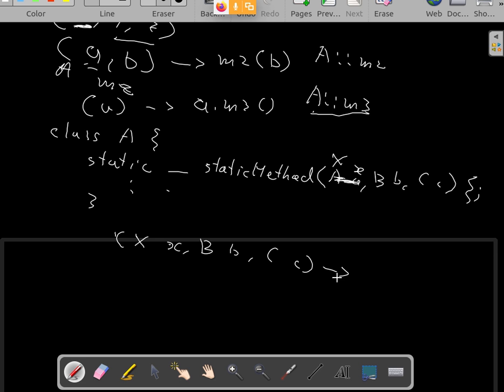What is being done in the lambda expression? It says on A, it is a static method. I will use the class name and call the static method, where I will pass the same things in the same order: X comma B comma C. If this is how you want to write your lambda expression, it is taking 3 inputs, and simply invoking a static method